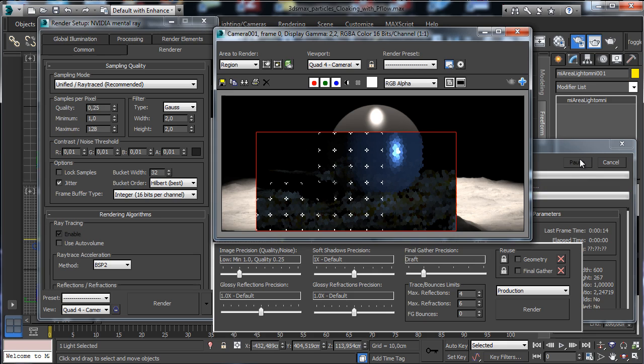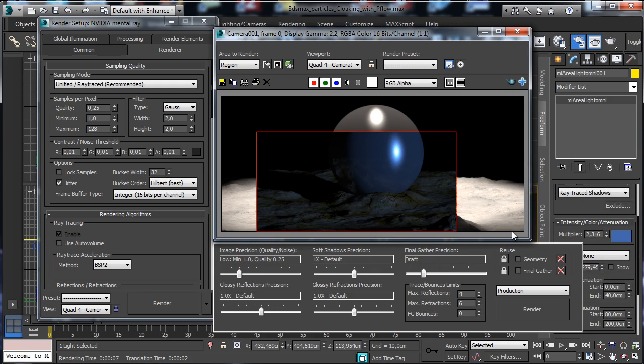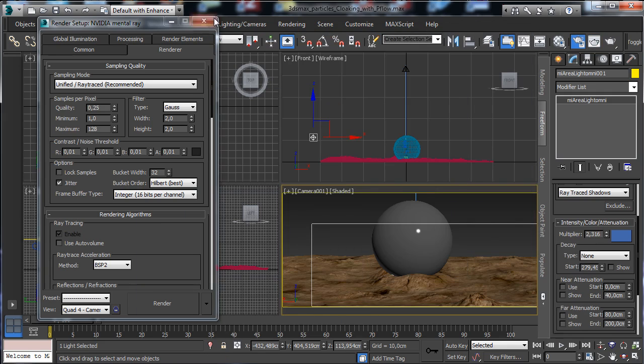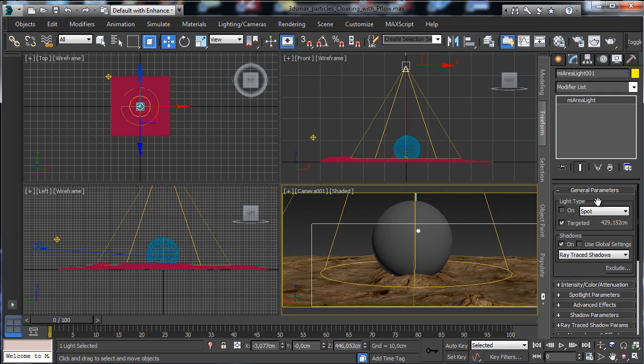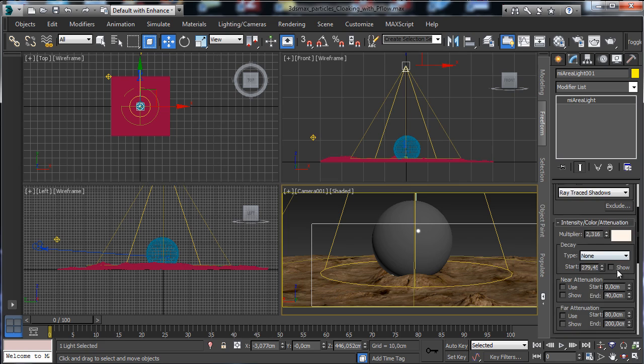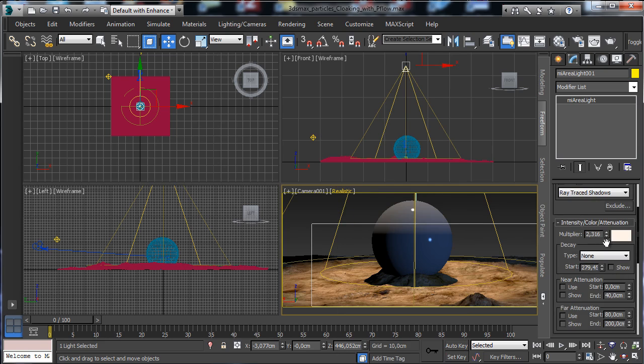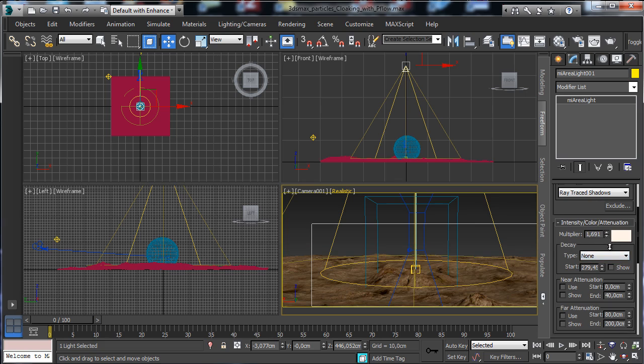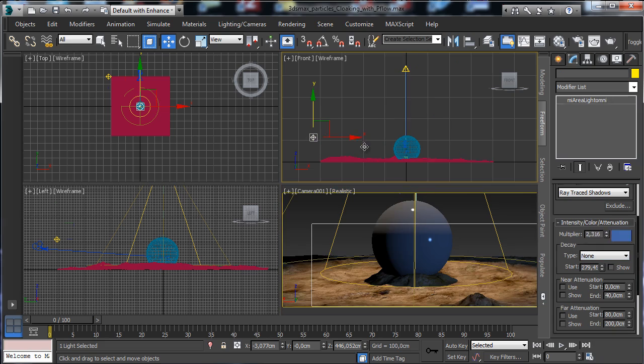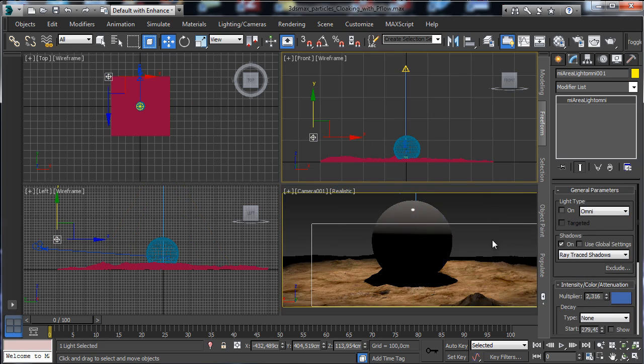Okay, you see that's the mapping actually. Let's render this side. Okay, and let's say that this one is a little bit less powerful. So let's say that the intensity is lower. Let's set this one to off,